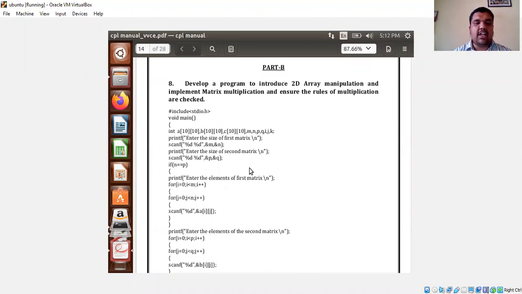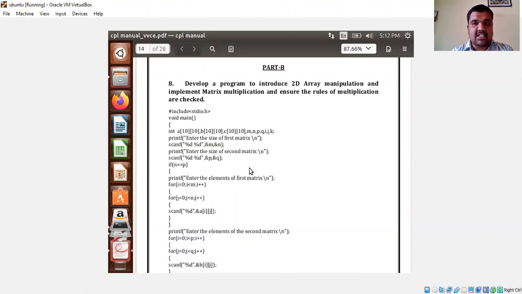Now let us see the basic rule for matrix multiplication. We have two matrices here, matrix A, which is of order m cross n, and matrix B, which is of order p cross q. To check whether the matrix multiplication is possible or not, we have to ensure the very primitive condition: the columns of the first matrix have to be equal to the rows of the second matrix.